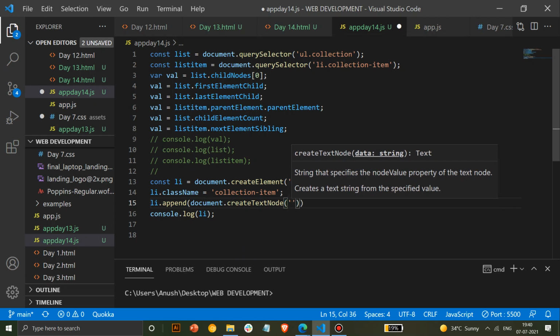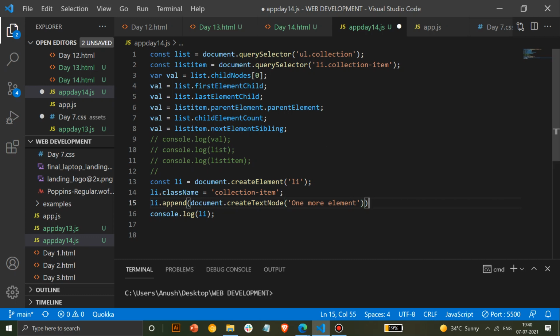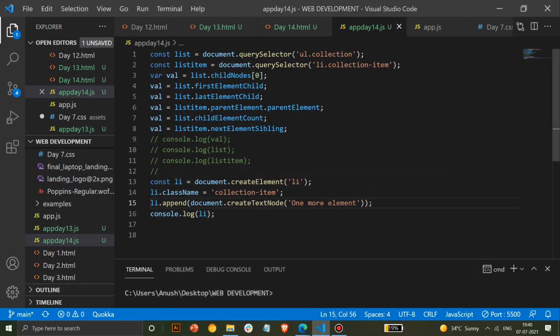So we'll write one more link, or one more element. Okay, so as soon as I do this, it will add text inside this particular element. Yes, see, you can see the text inside it. Still this is only showing us in the log, but we want it to be displayed here now. So to add that, we'll see how to do it. As of now, the create text node thing is clear.